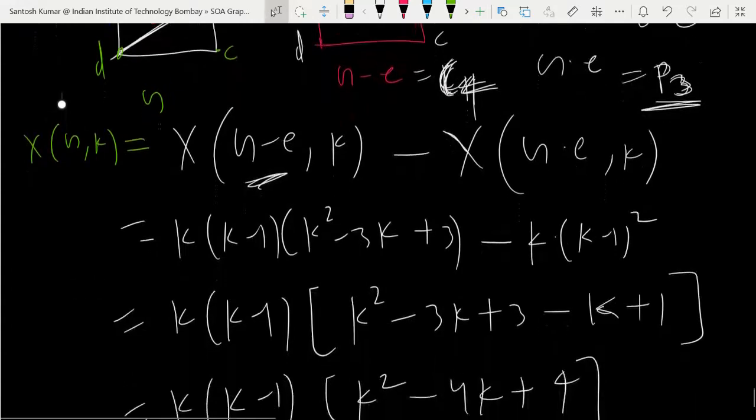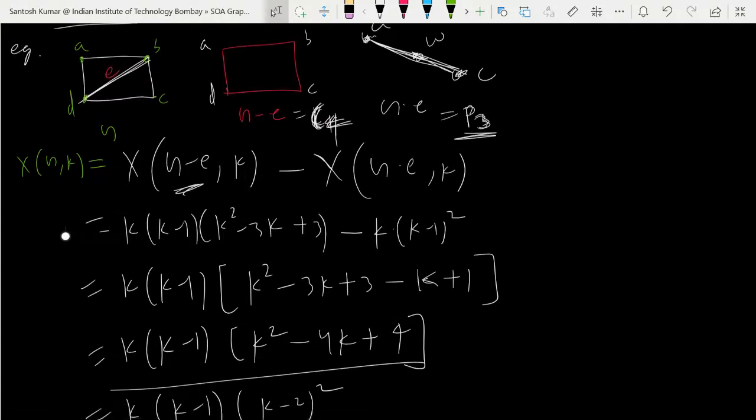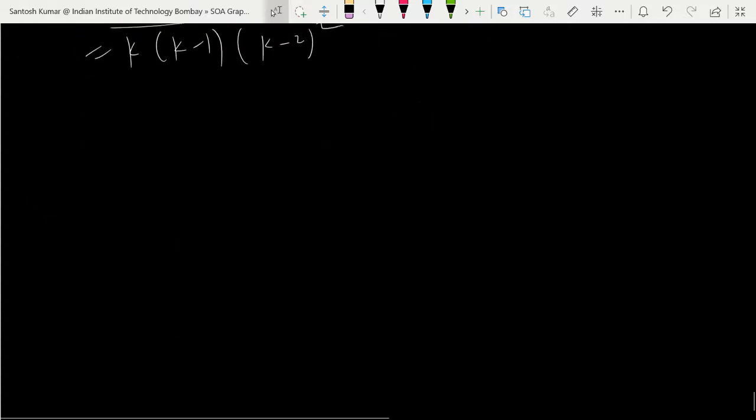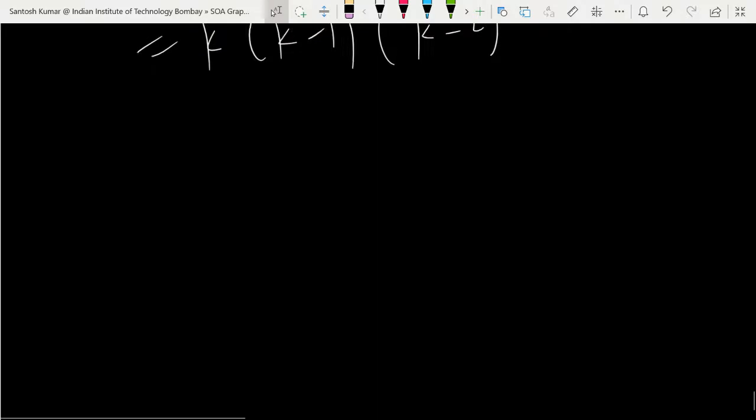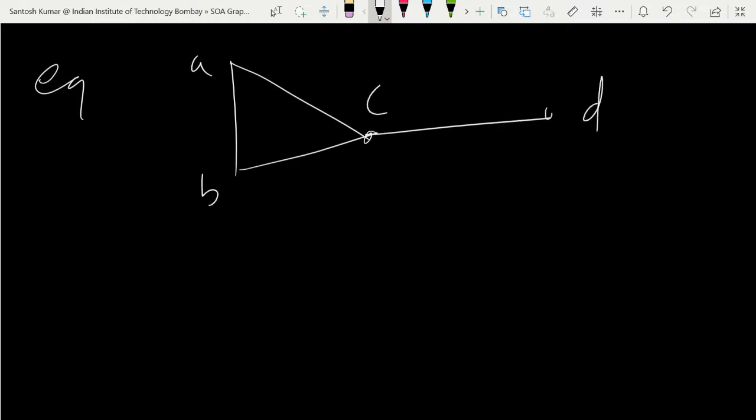Okay, so is it correct? Fine. Yes. Okay, so the other question you can do, try one more, then I will go back to the proof. So one more example you try, all of you. Let A, B, C, D be the 4 vertices and take E as this edge. Find again the chromatic polynomial for this graph.